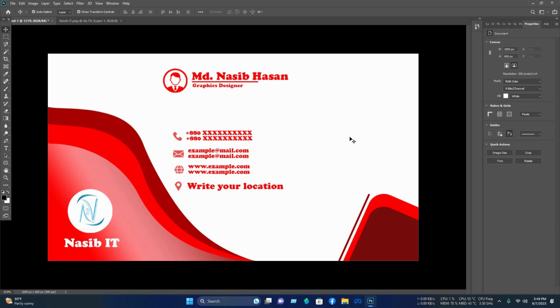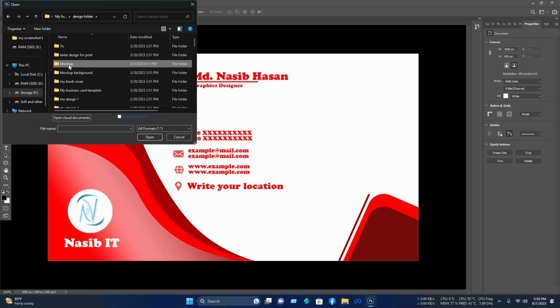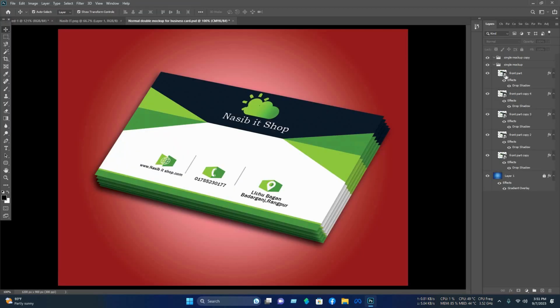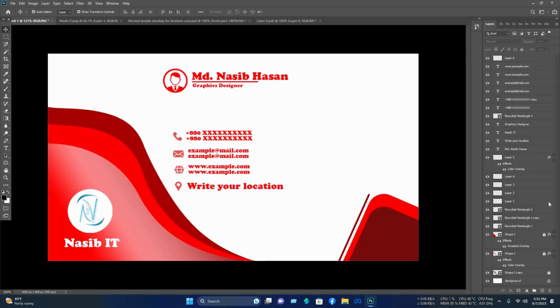Now we have to set this business card in a mockup. So I am opening a mockup from my PC. After opening the mockup, we have to double click on here, then I have to select this layers, then I have to click on the backspace, then I have to back to the project, then I have to unlock all layers from here,